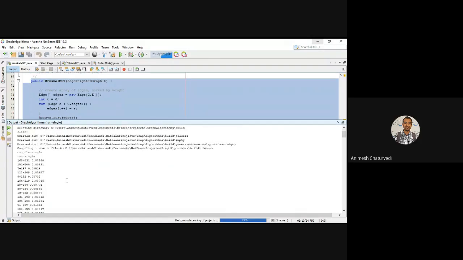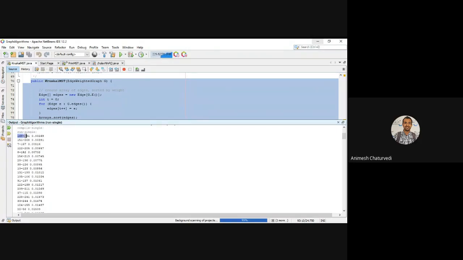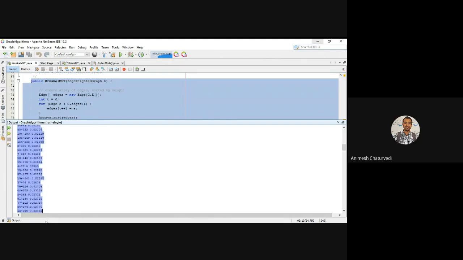So from that input file, these are the minimum edges possible in the minimum spanning tree. So node 168, node 231, node 151, node 208 with their edges are selected. This is the minimum spanning tree which was returned by the Kruskal's MST algorithm. And what is the size of that minimum spanning tree? It's 10.46. So 10.46 is the size of the minimum spanning tree generated.